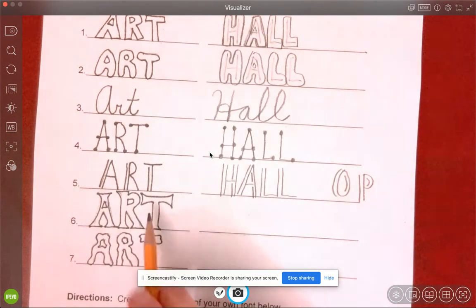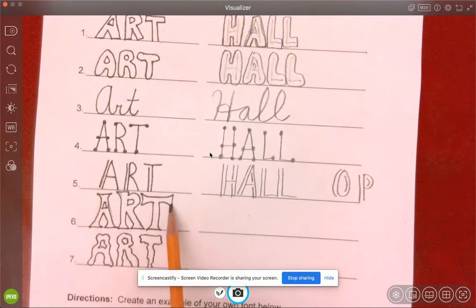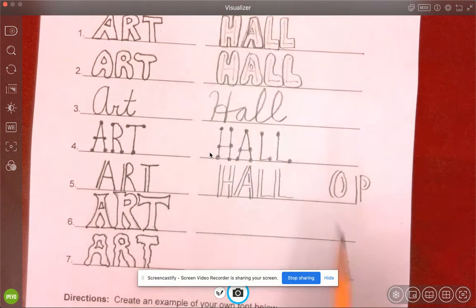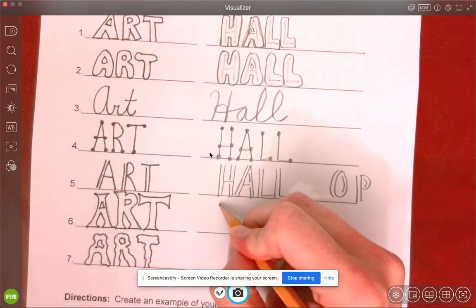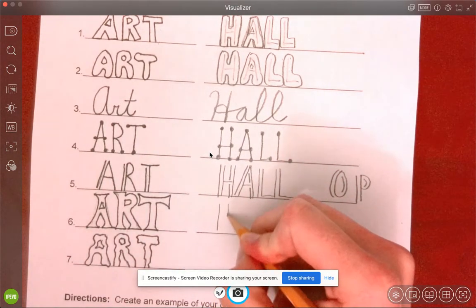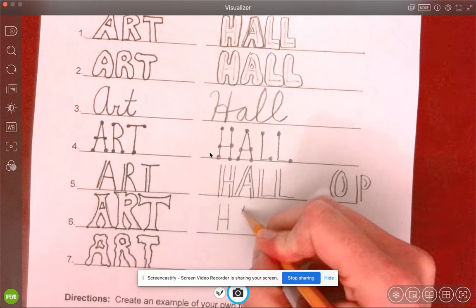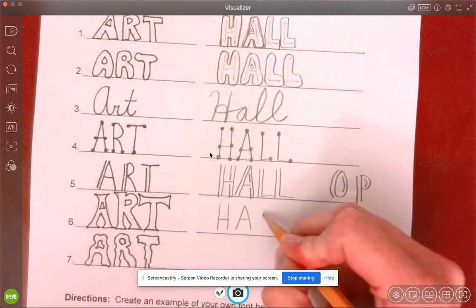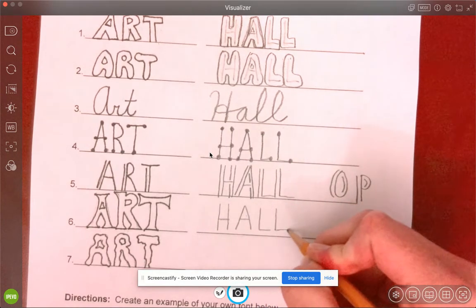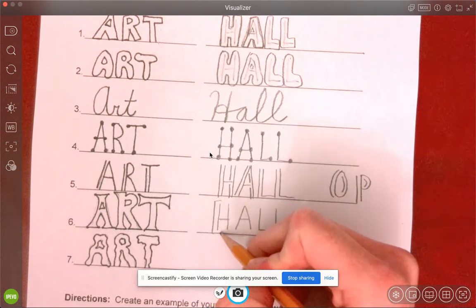All right. The next one, I call these serif, or no, I think they are called serif letters. Okay, so what you're going to do is, this is a little more complicated. It's a two-step process. So you're going to make a block letter, and then you're going to transform it with these caps on the edges. So when I write hall, again, I have to leave a space at the bottom because I need to make block letters. So I write it out, go around,